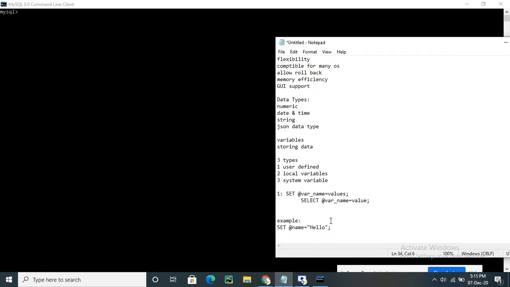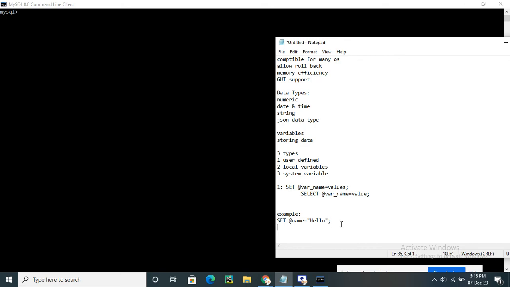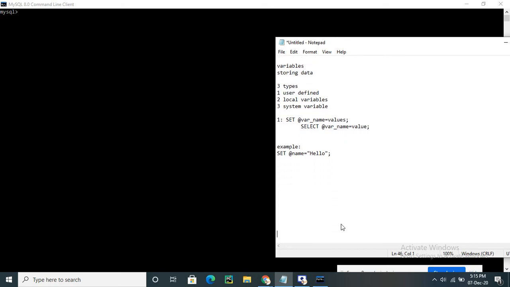Now I will show you the next variable, that is the local variable. For a local variable, you should not use any prefix, that is the @ symbol; you use it just like a normal variable. I will show you its syntax.